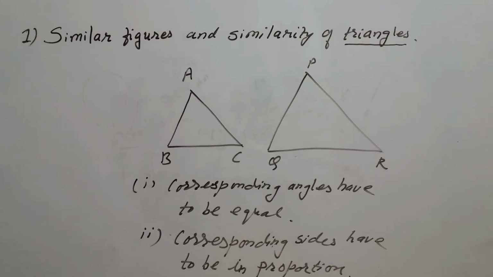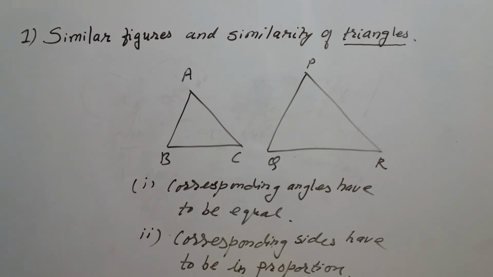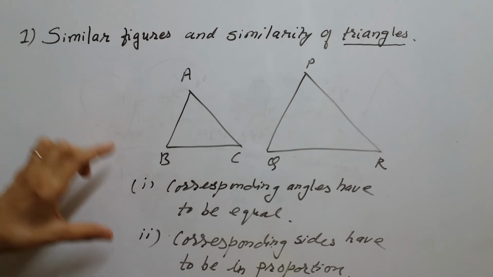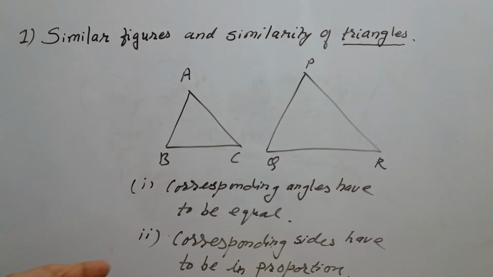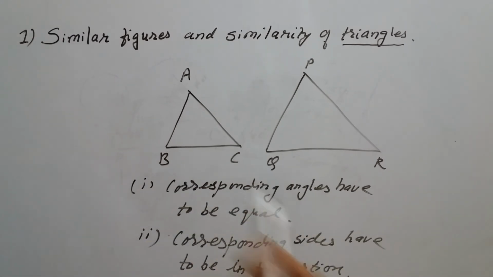Okay. So this was to understand clearly what are similar figures, what are similar polygons, conditions for the polygons to be similar, and conditions for the triangles to be similar. Once these conditions are clear, once I say that the triangles are similar, okay, what is the condition for similarity? Corresponding angles have to be equal and corresponding sides have to be in proportion. That is the definition of similarity. When I give in data that triangles are similar, it automatically follows that corresponding angles are equal and corresponding sides are in proportion. So this was all about similar figures and similarity of triangles.